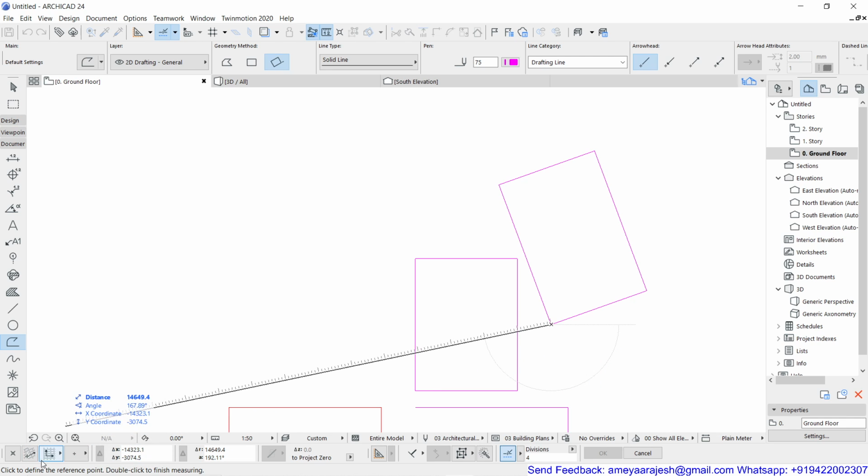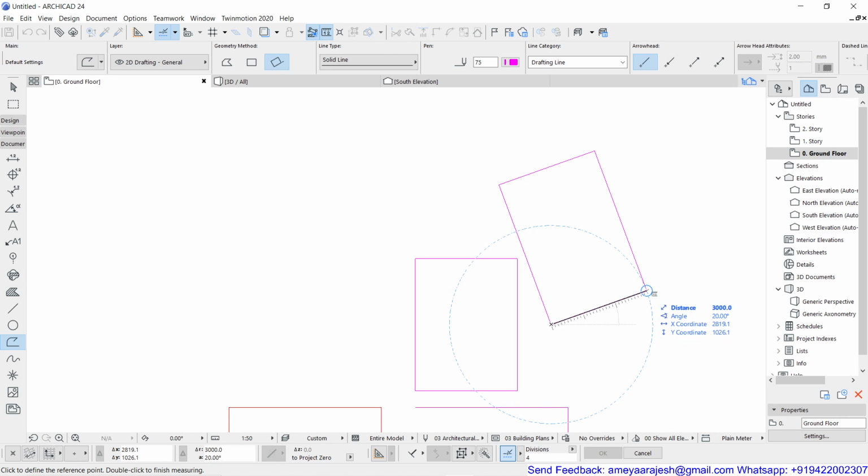You can read the prompt, but because you have used it several times, you must know that you pick the required point to start, and then the other point to get the exact distance. So this is what we have: 4500 on one side, 3000 on the other side. This is how I was able to manage the rectangle and rotated rectangle objects.